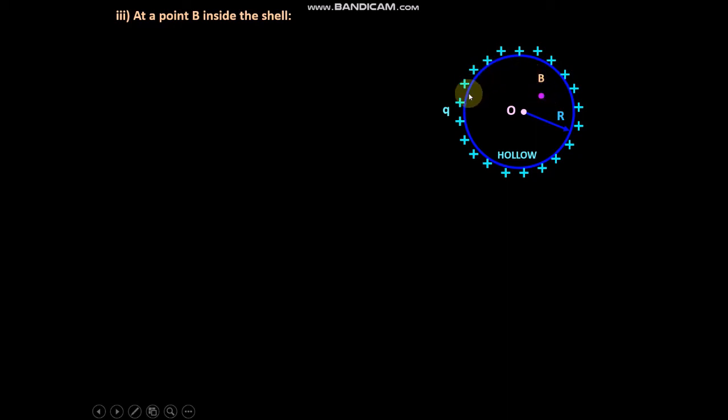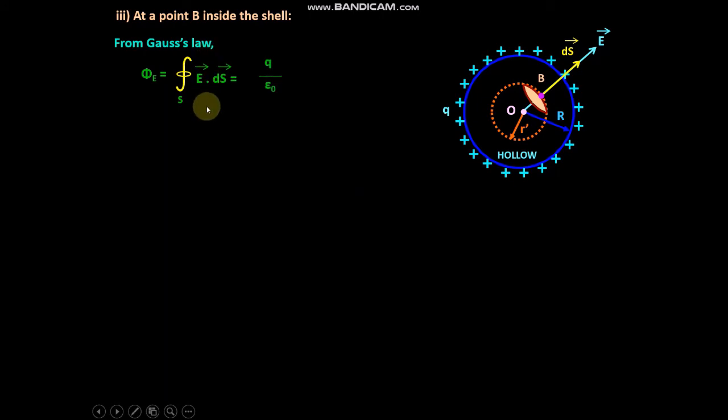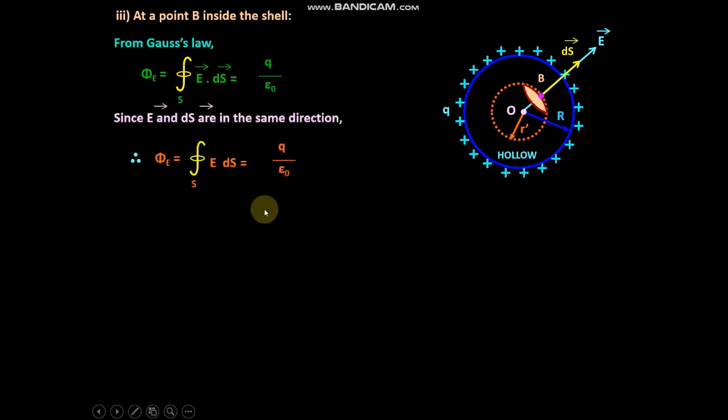So what will we do? We will take a Gaussian surface at this point. So this is the Gaussian surface. So when this is the Gaussian surface, now I'll try to find out the formula. This is R dash, and this is a small area I have taken ds, and the direction of ds is this way, and direction of E also is this way. Now from Gauss law, check the derivation. Now this comes Q by epsilon naught.